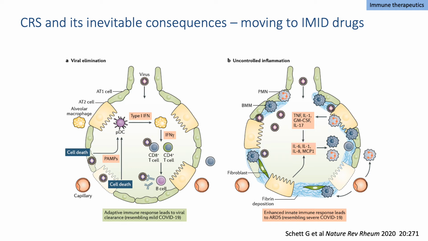So remember, we started with an immune response on the left-hand side, which is an eradicating response. It's driven by type 1 interferons that lead to particularly cytotoxic T cells, killing virally infected cells, minimal lung damage, and the patient moves on. On the right-hand side in this pictorial alveolus, we're now depicting a situation where there's exaggerated immune responsiveness, leading to high levels of cytokines, particularly TNF, IL-1 and IL-6, leading to tissue damage. The question is obviously now, can we use the same principle as we found in rheumatology to suppress responses in COVID?